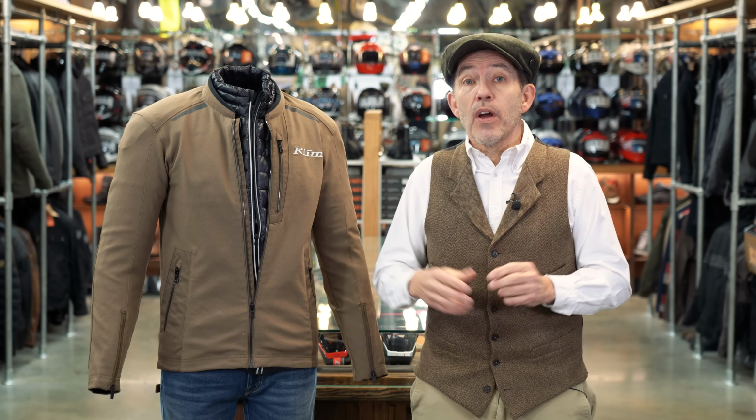The Marrakesh and the system that we're talking about will not be right for everyone. We think the versatility that the system offers is simply extraordinary. It gives you something that you won't get from any technical jacket, however much you pay. But it might not work, for example, for the guy who's a long-distance commuter because he won't want to stop